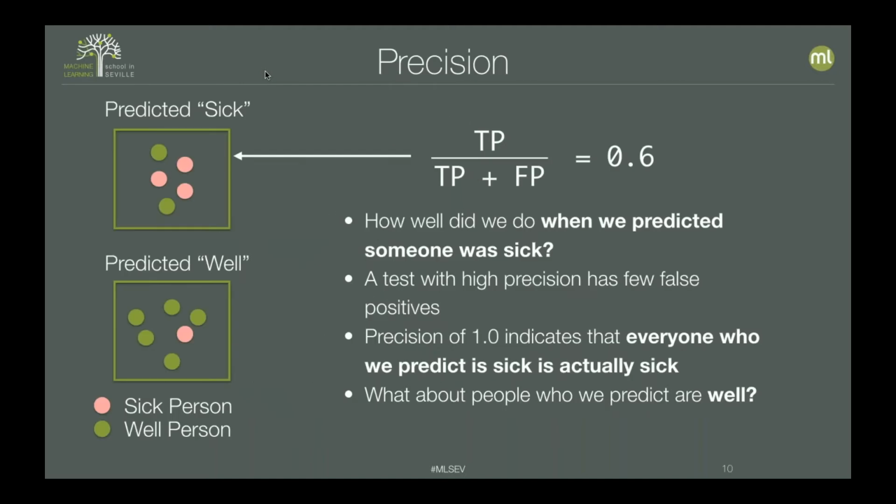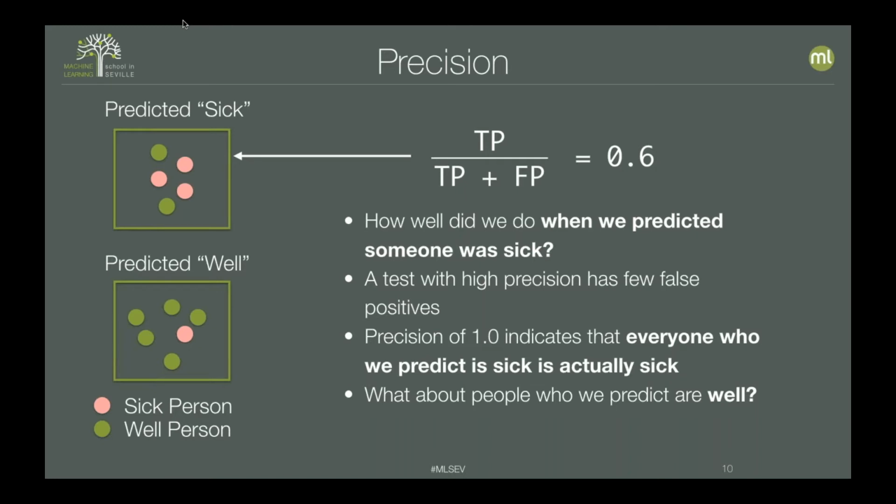So what if we want to do some more elaborate things? Tom mentioned precision in the last talk. So what is precision? By precision, we mean in this case, how well did we do when we predicted someone was sick? So let's say we have this data set of 11 people here, and we see on the left that we predicted 5 of those people were sick, and we predicted, oh,